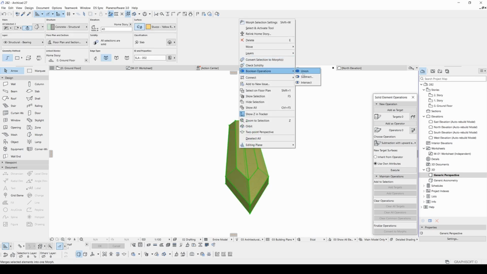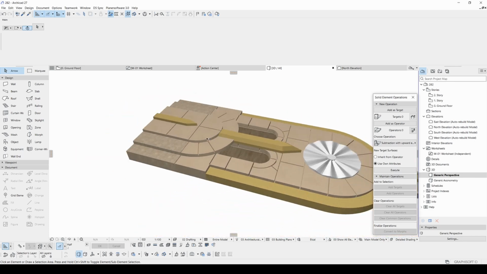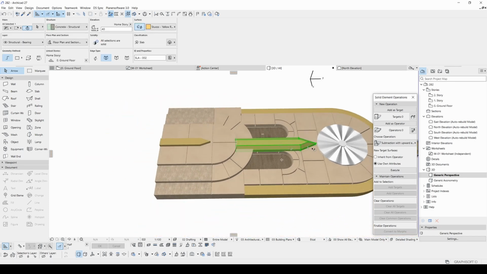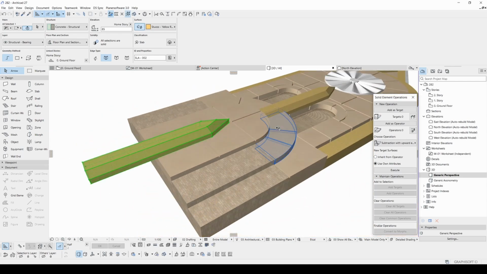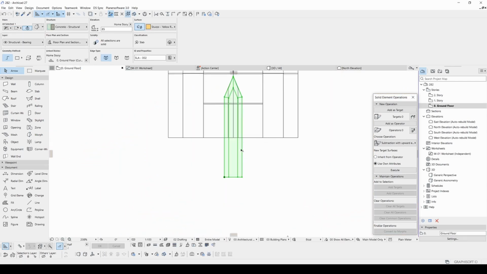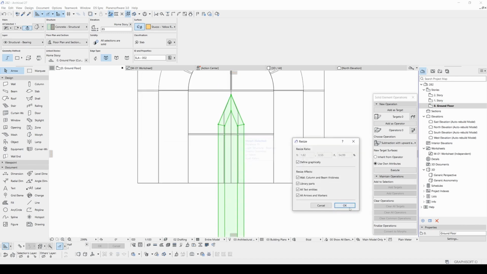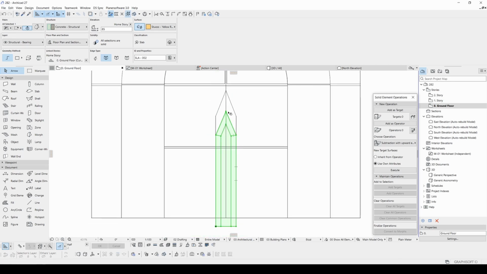Now we can union these two. We can copy this here as well. In the floor plan, if you hit Ctrl+K, you can scale it down like this.